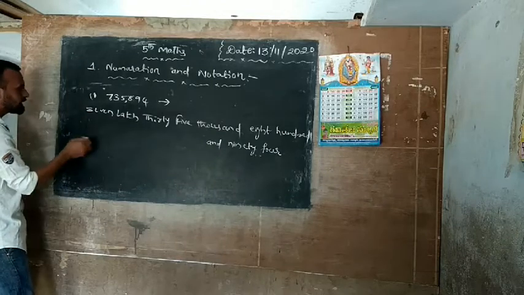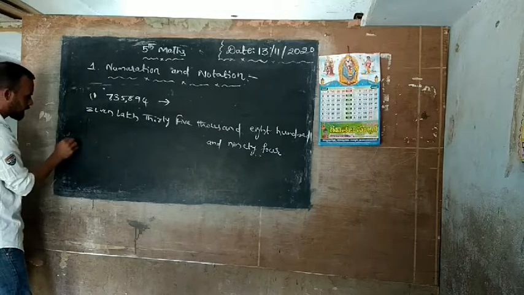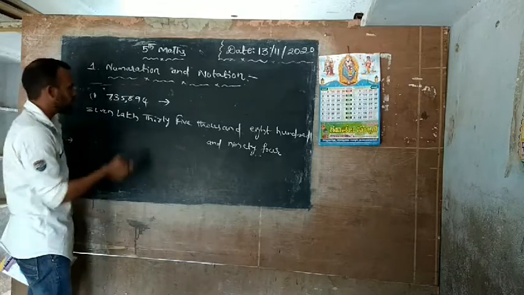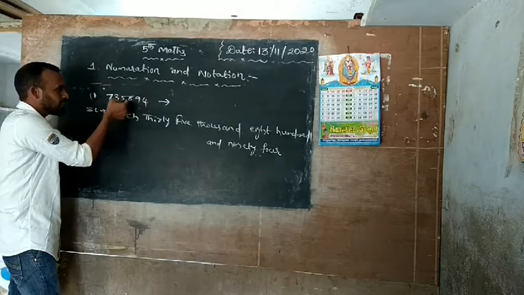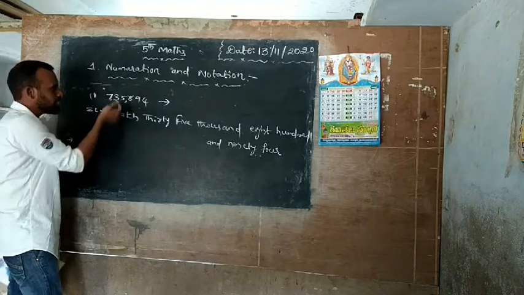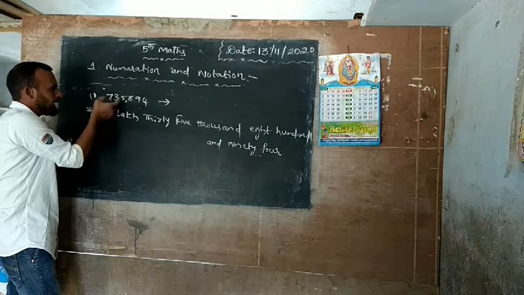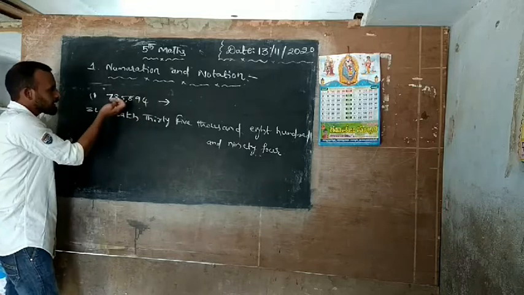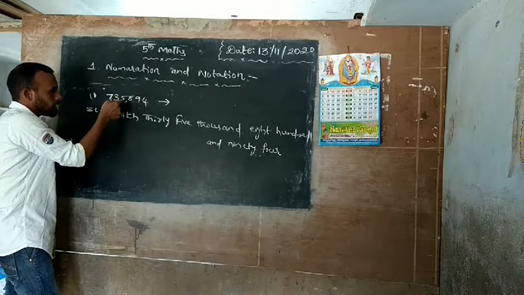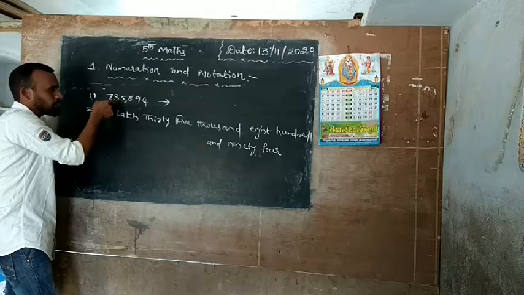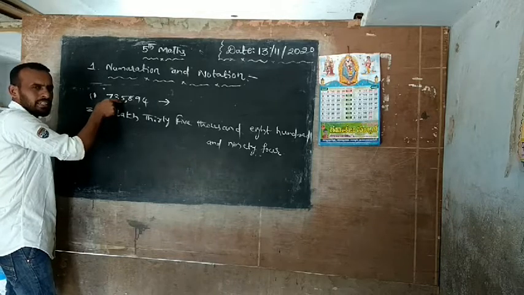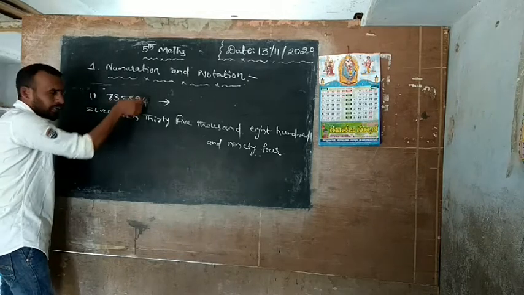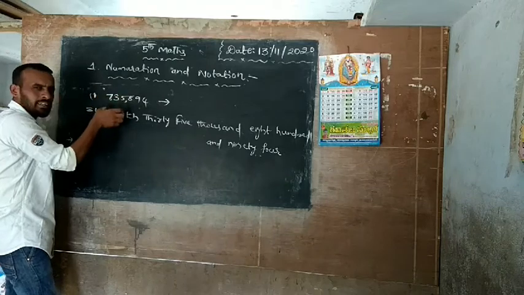Now you write the international place value chart for the same number. How to write it in international? You take ones, tens, hundreds as the hundreds place, and then 1000s, 10,000s, lakh. Next, these three, ones, tens, hundreds, you take as the hundreds place. These next three, 1,000s, 10,000s, lakh, you take as the thousands place.